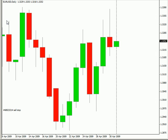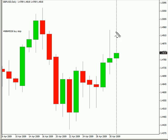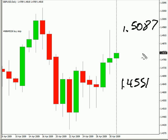131.66. Now, switching over to the pound US dollar pair, this particular pair is moving to 150.87 and possibly as low as 145.51. Look for some resistance around 148.38 and look for some support around